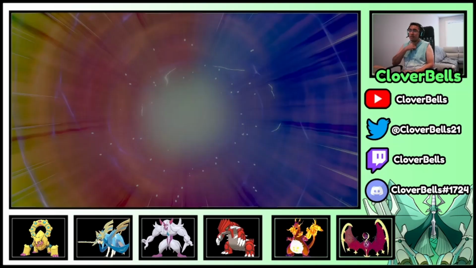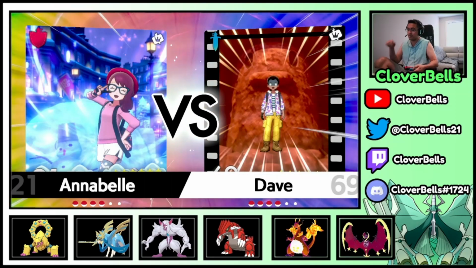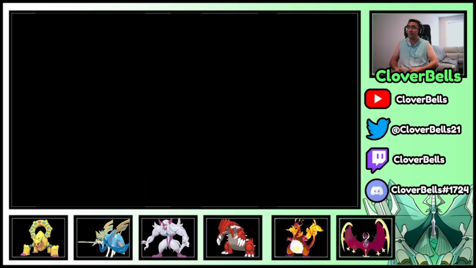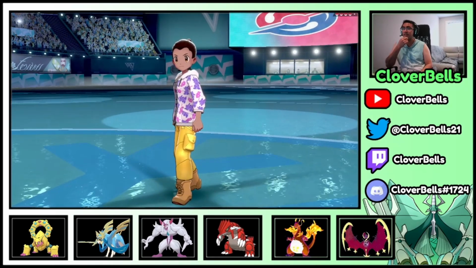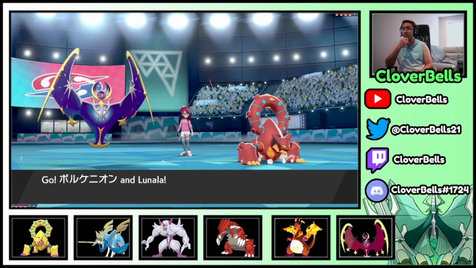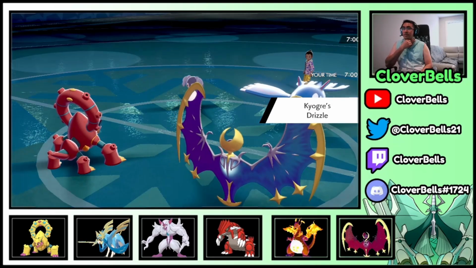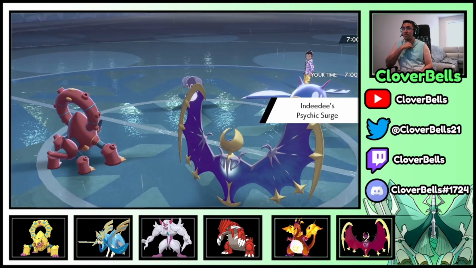Good team they got. But we're gonna see if we can outsmart them with their lead. Again, I led Groudon because I'm expecting Indeedee Magearna as a lead. Potentially Kyogre Indeedee instead. Okay, now, what is your speed on your Kyogre? That's my question. Okay. Now, what can be good here